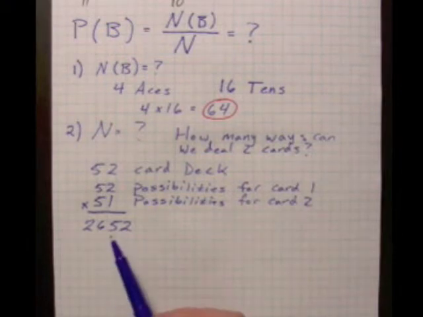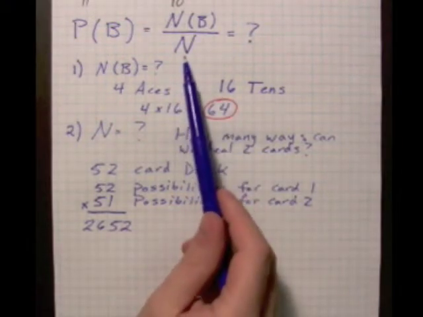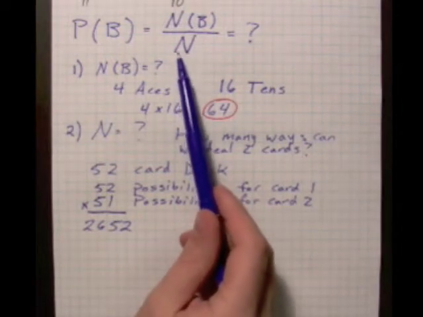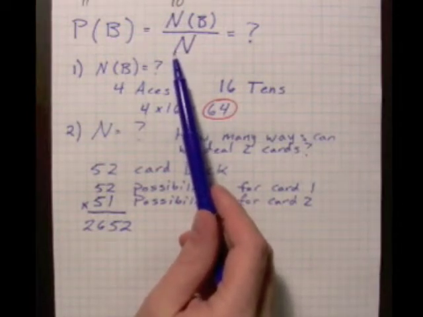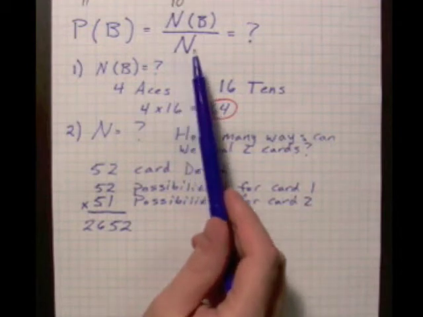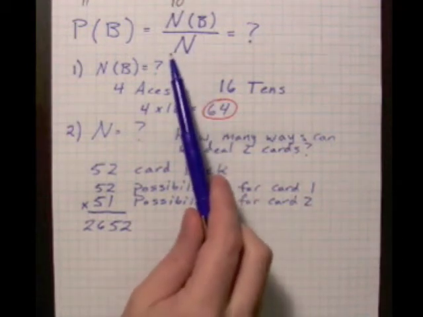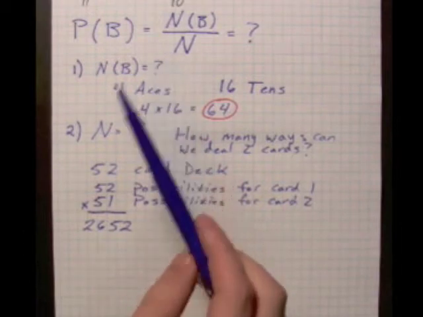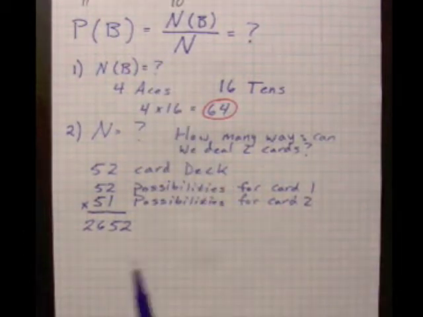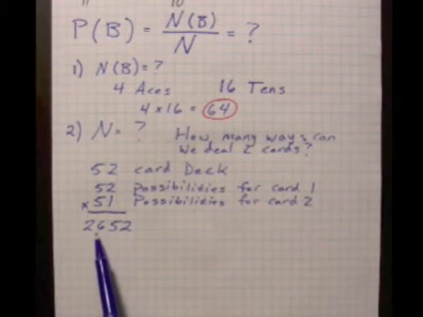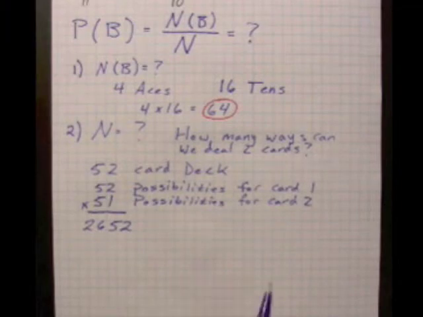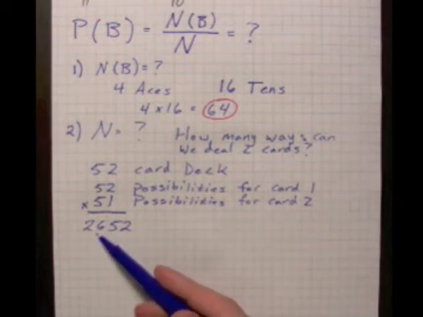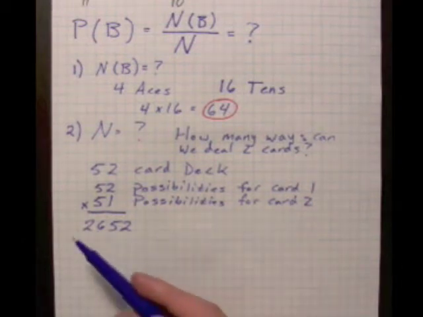Okay. This sounds very close to what we're actually looking for, n, which is the total number of ways that 2 cards can be dealt, or the total number of 2 card combinations there can be. Okay. Unfortunately, this number is not quite there yet because it includes a lot of duplicates. Okay, what do I mean by that? Well, just by the way we've constructed this calculation, we can start with any one of the